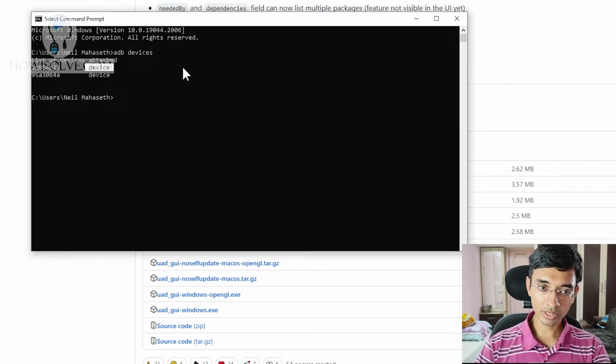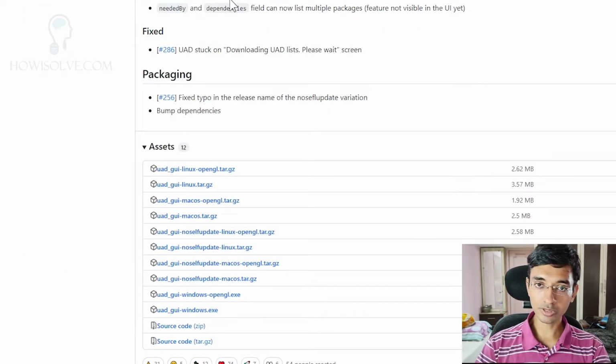So once you have done this, this is now perfect. Since I've connected two devices to my system, one is my Realme GT2 phone using which I'm recording myself, and other phone in which we'll be doing the debloating. That's my Realme 2 Pro device. So with that thing done, we'll now minimize it and we'll now look at the tools that we'll need to